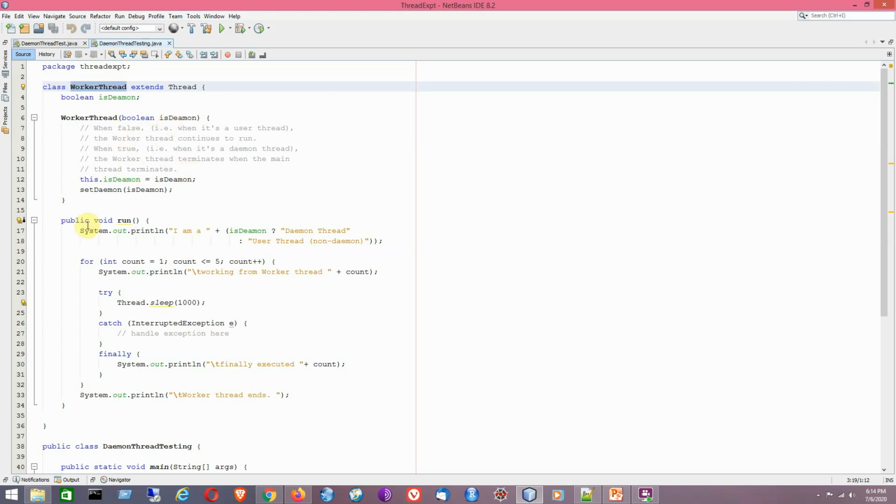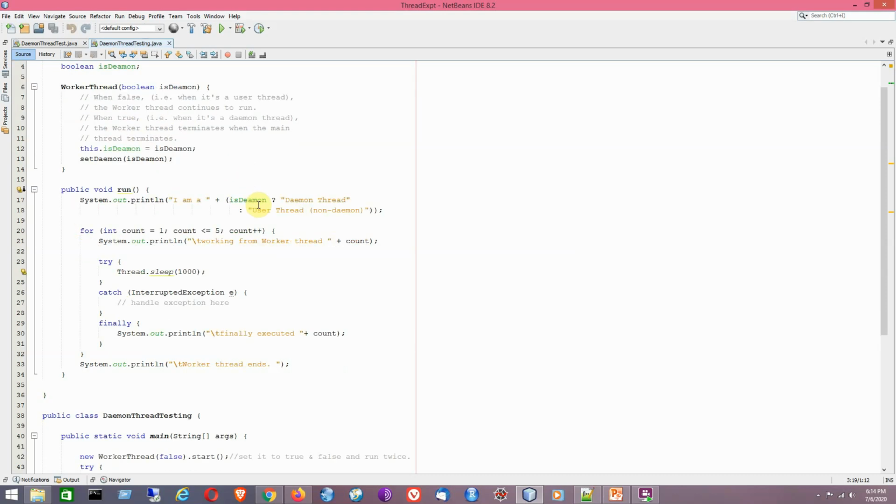Within the run method we are going to show whether it's a daemon thread or not. Clear? So now I am going to use a for loop within the run method. It will try to execute some statements here.